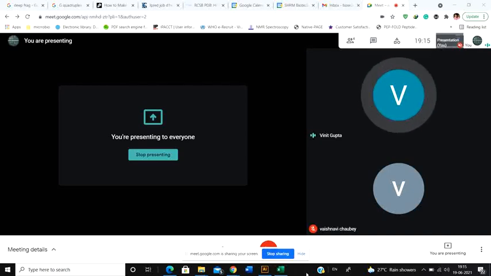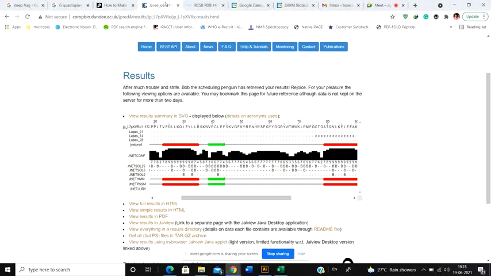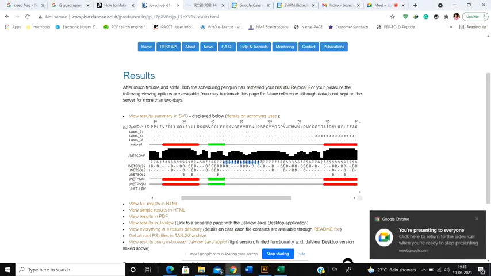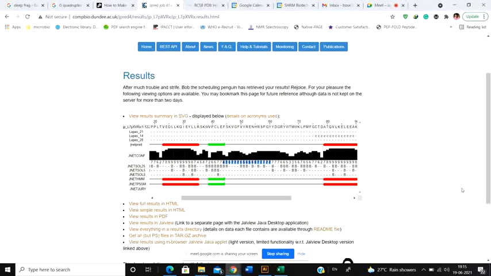Sorry, sir. Can you repeat the question one more time? Yes, I'm repeating it: when you see these particular residues, the numbers, as I've told you, indicate the solvent accessibility of your amino acid. Some amino acids have higher solvent accessibility, while some are deeply buried inside and are not solvent accessible. So in this context, I can easily conclude which amino acids are present at the surface of the protein and which are buried inside.